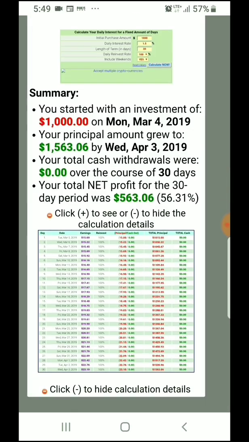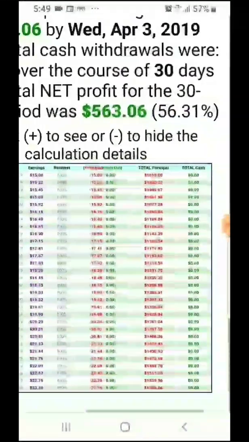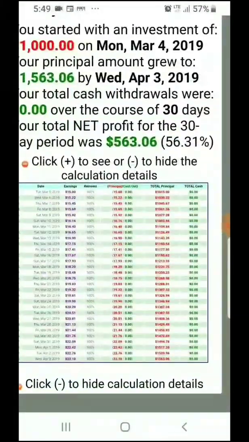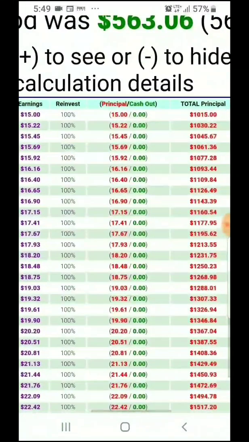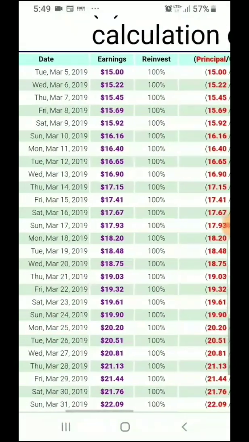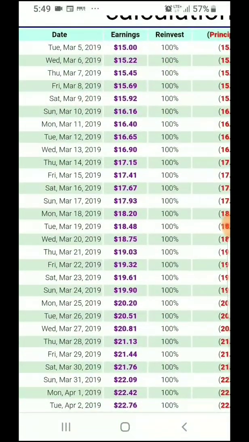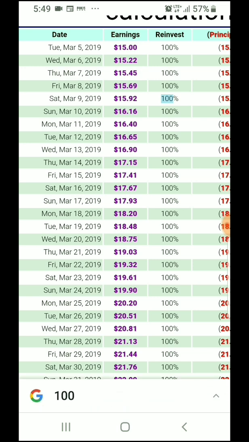All right, so then you can just come down here. I'm on my phone, so I don't know how big this is on your computer screen. I won't know until I do editing and I see it on my computer as well. But right now, I need to enlarge this because I can't see this on my phone. So as you can see, the daily interest that I will be earning increases. It starts off with making $15 per day on the first trade. And of course, if I trade more than once, basically every trade would move me further up the schedule faster than just waiting to do one trade per day.